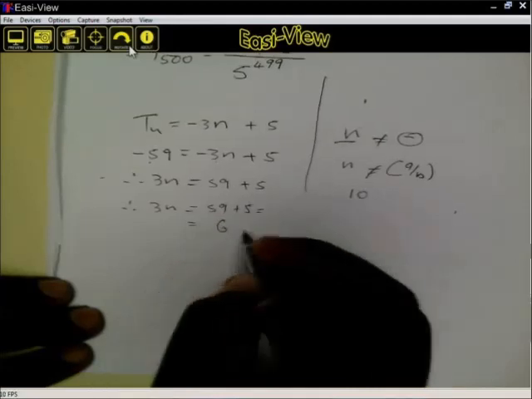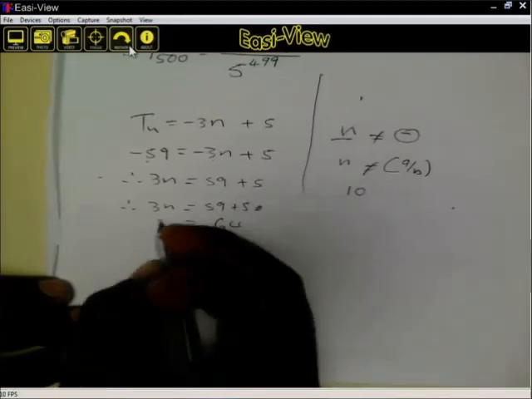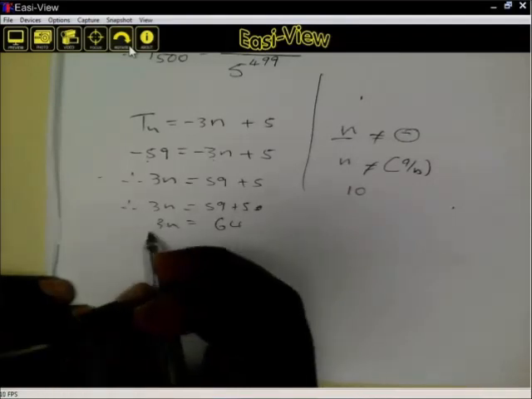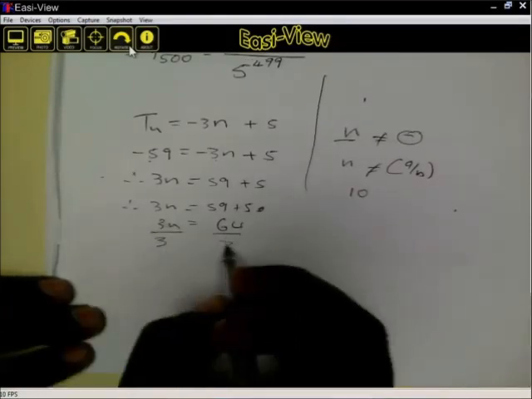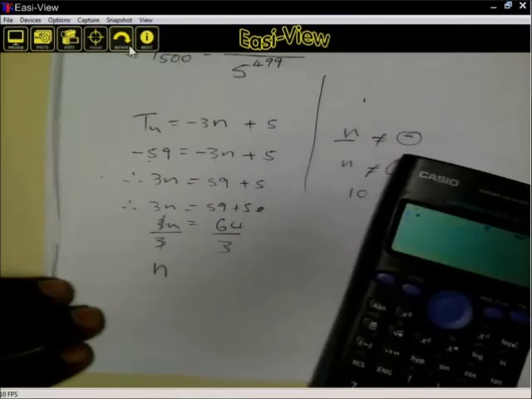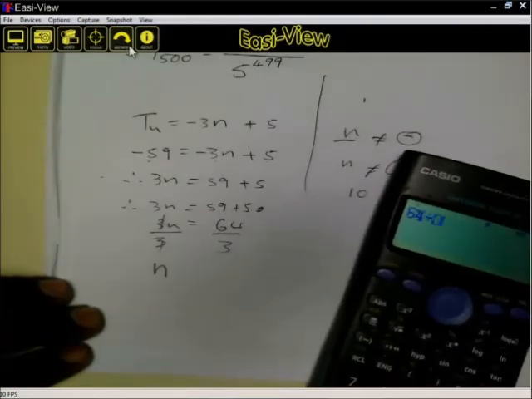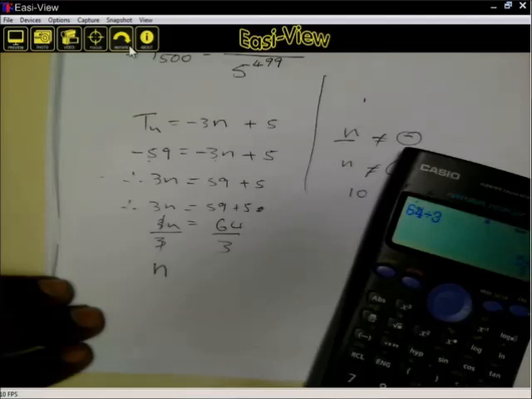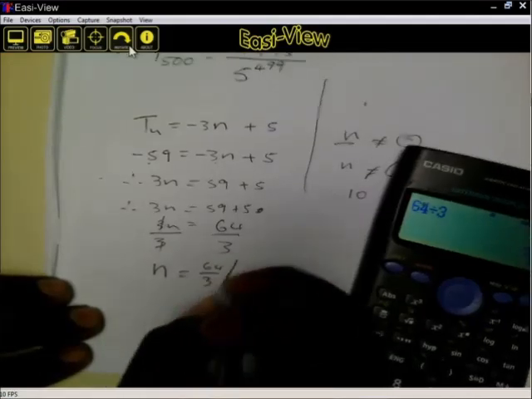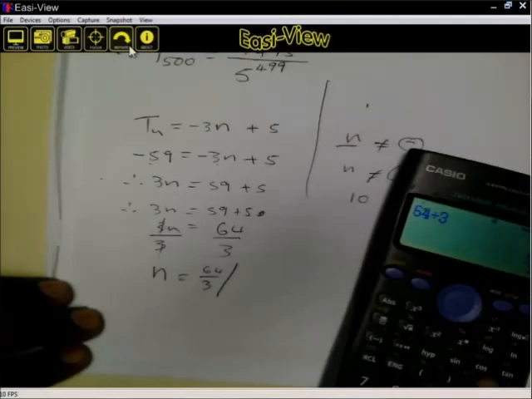So we are going to have 3n equal to 64. We then divide both sides by 3. And n, if you divide 64 by 3, you will get a fraction, which is 64 over 3, or as a decimal, it gives us